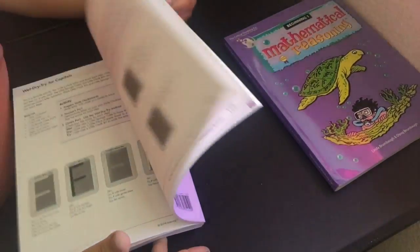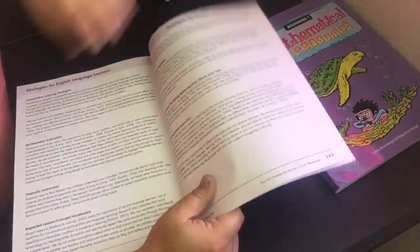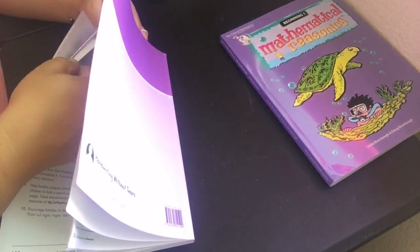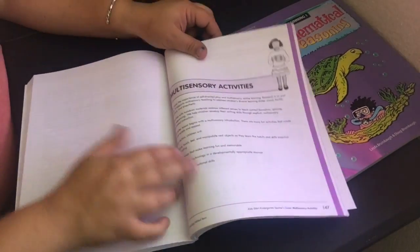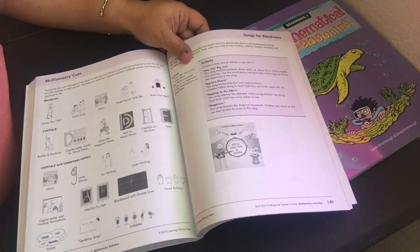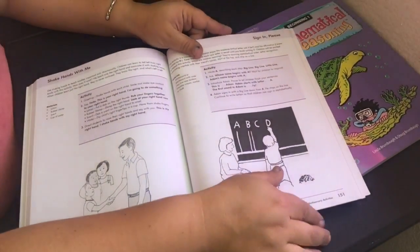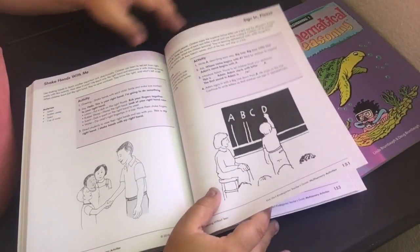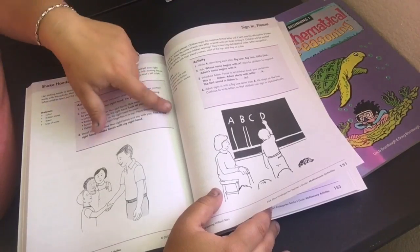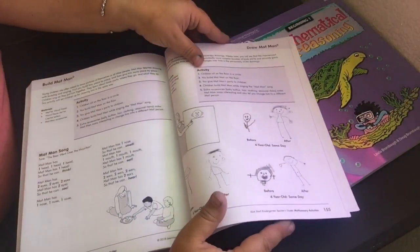So that is Handwriting Without Tears. And in the back, they have additional resources. Let me get back there. So multisensory activities. So here you have multisensory cues, songs for readiness. So shake hands with me, materials and the activity. So these are different multisensory activities that you can do